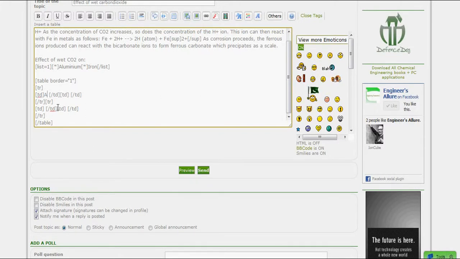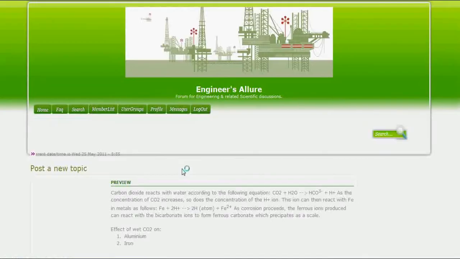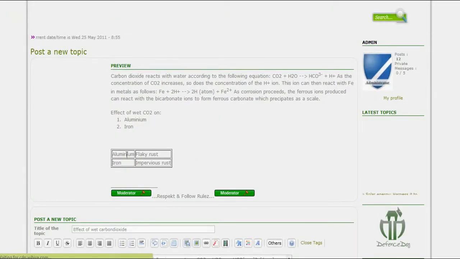Right here is aluminum. And the corresponding answer is flaky rust. The second option was iron. And the corresponding value was impervious rust. Now you can preview the section and you will notice that the table is indeed inserted in the forum like this: aluminum, flaky rust, iron, impervious